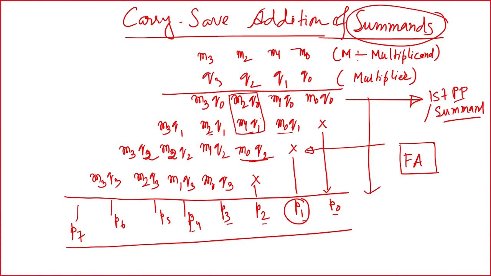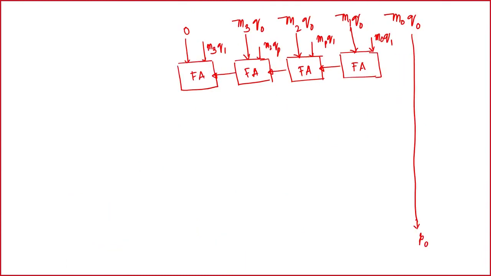So, therefore, we should have a circuit here. You have to leave this one, this is done, and this result is directly P1. Now, we should have a circuit here, whose result will come from here, and the input we should give in the same style, that is M0 Q1 is done. So, M0 Q2. So, here also we will have,